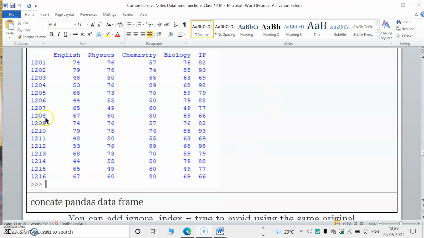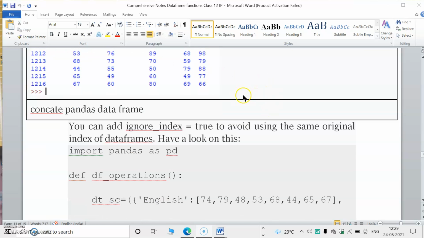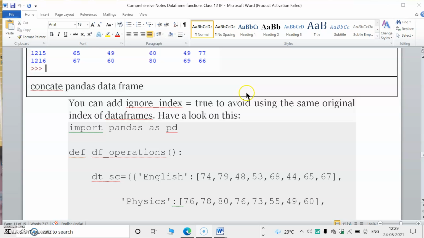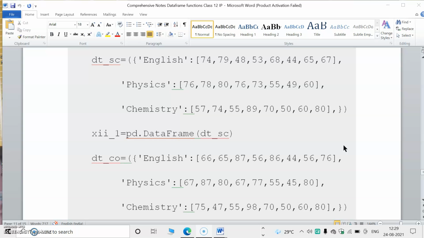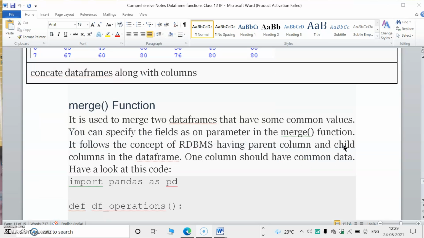So the resultant data frame contains the rows and columns of both data frames. That is the function of concat, used for concatenation.